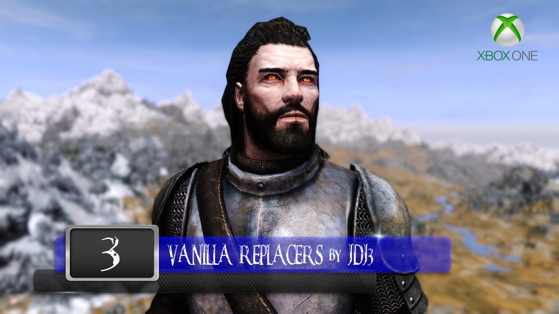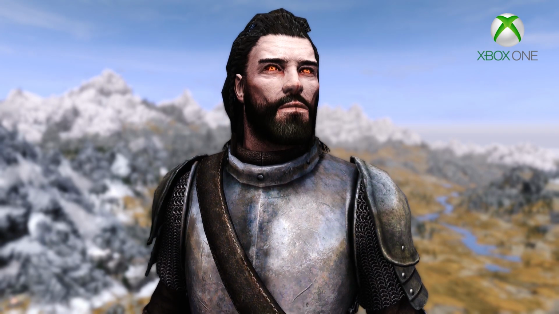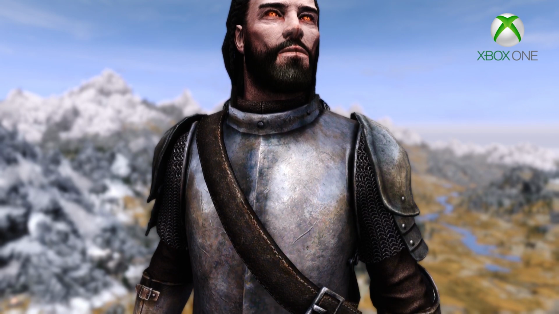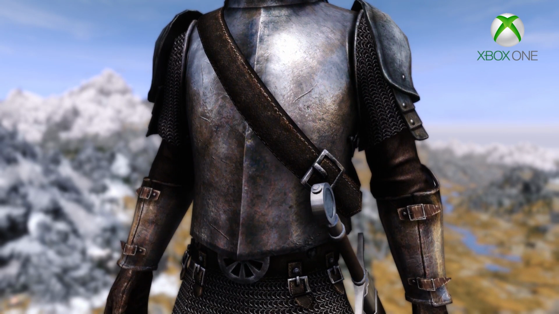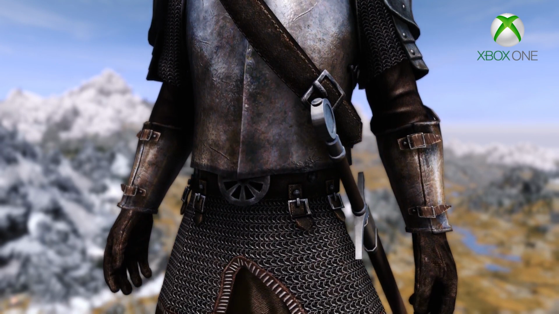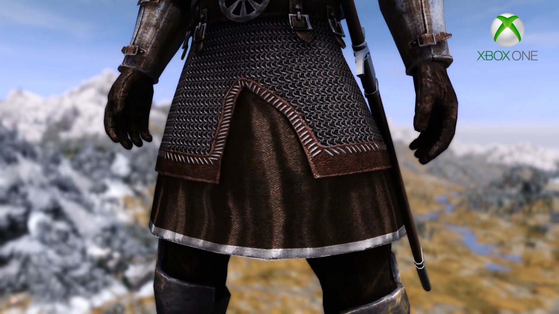This mod retextures some of the armor sets and weapon sets from the base game to a more high medieval aesthetic. It also adds a new armor set that looks similar to the one from the Skyrim trailer. The mod retextures the vanilla iron, hide, fur, leather, studded steel, dwarven, scaled, steel plate, ebony, wolf, ancient Nord, and